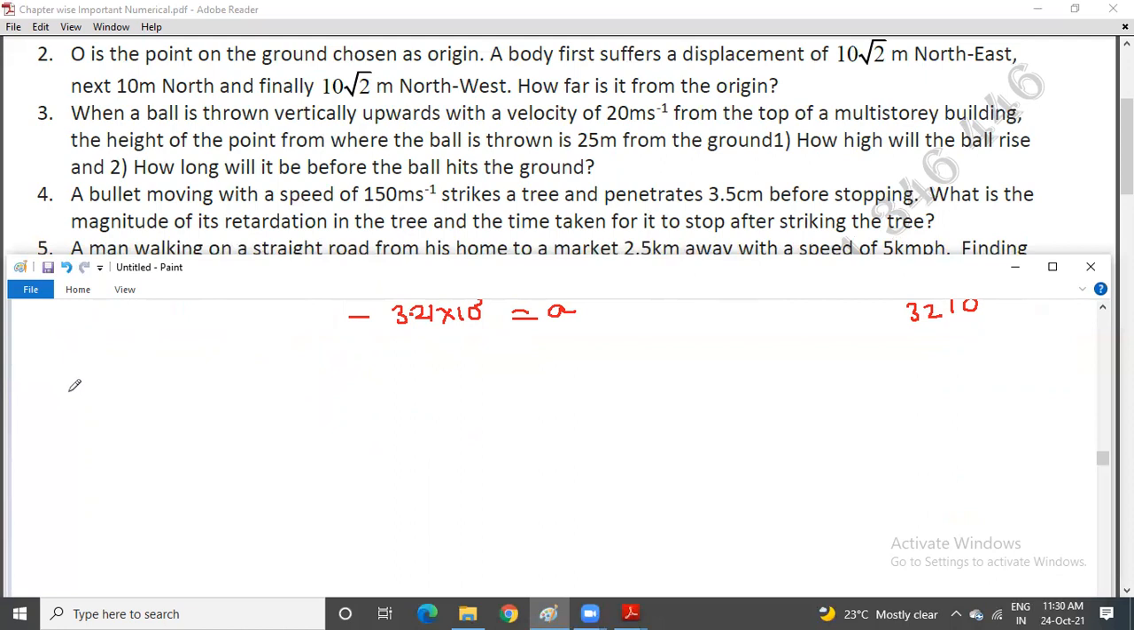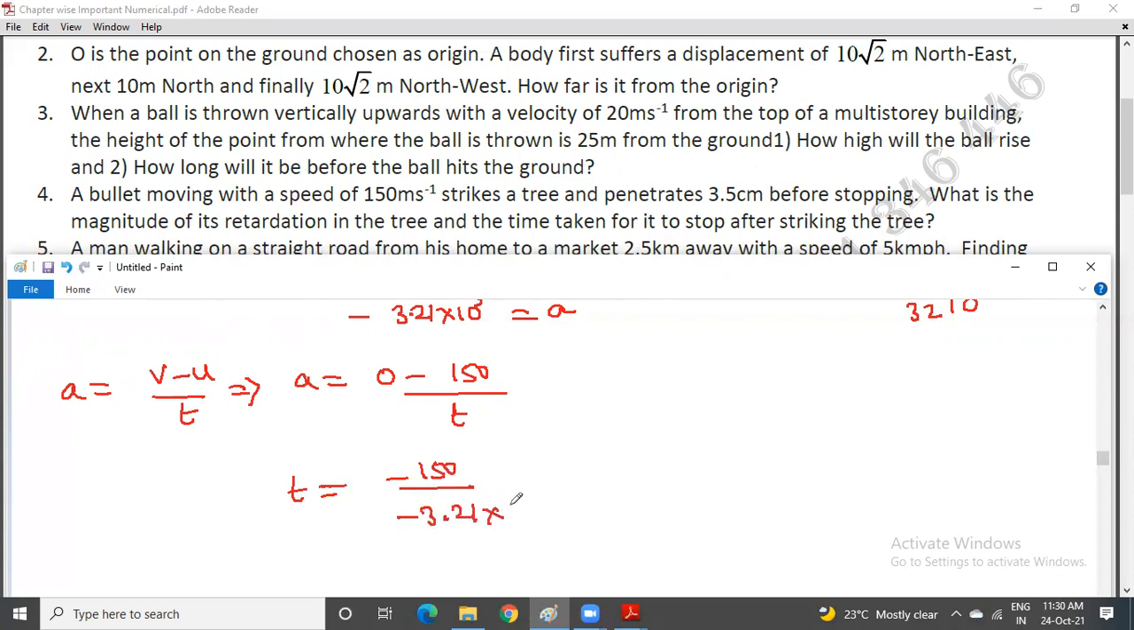So make use of acceleration is equal to v minus u by t. They said that the bullet is stopped after traveling a distance of 3.5. So final velocity is 0. And you got the acceleration before in the previous step. So this is 0 minus u, how much is given? 150. T you are looking for. So therefore t is equal to minus 150 divided by how much is a? 3.21 into 10 to the power of 5. So roughly this is close to